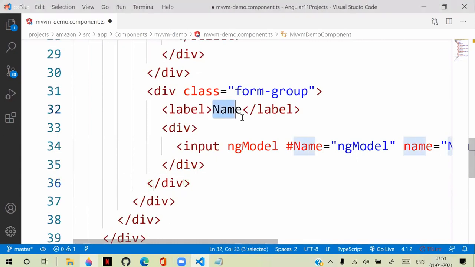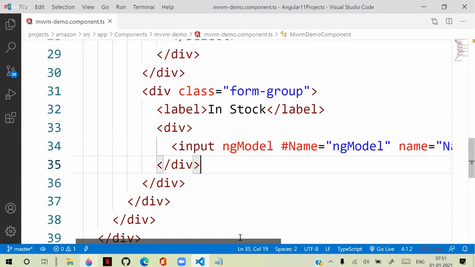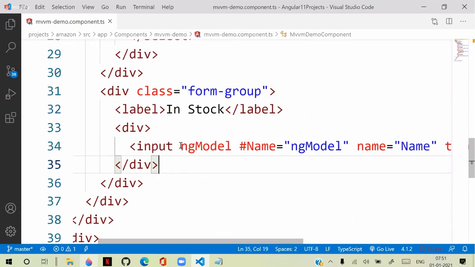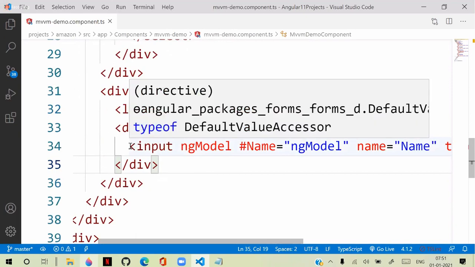So inStock, and inStock is using a checkbox.